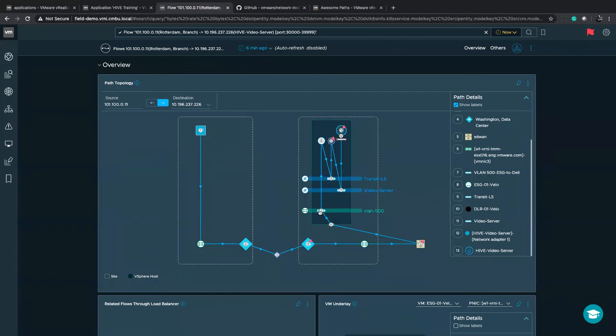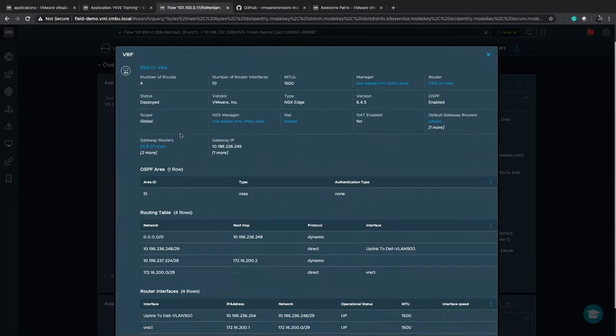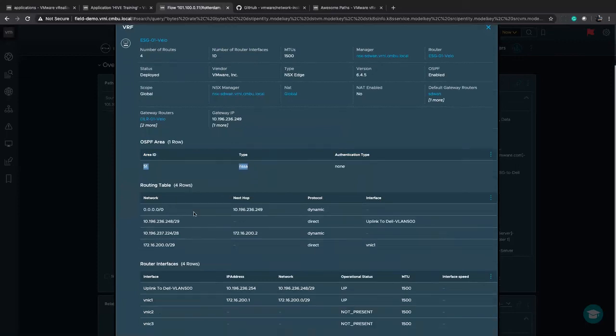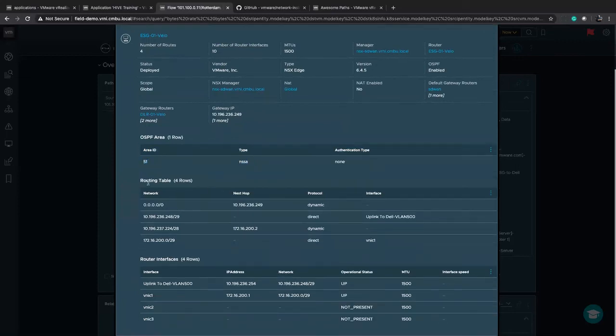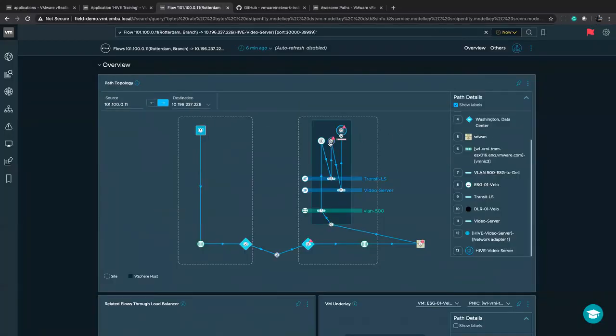And then we go in, we can see it's utilizing VLAN 500. We come up, in this case, this is using NSX for vSphere, so we can see the ESG configuration, our virtual edge router connecting to our physical underlay. We can see its OSPF configuration, or if it was running BGP, the routing table, the routing interfaces, and all of their configuration. We can see the next hop to our distributed logical router, and we can look at that. We can see the VXLANs,